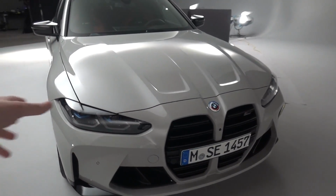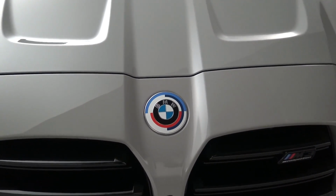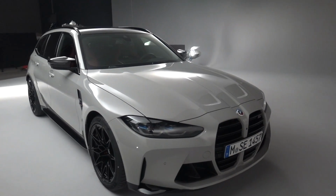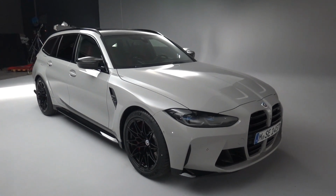A lot of the other elements are carried over. You can notice the 50th anniversary badging, the heritage badging, only available in this 50th year to celebrate BMW M's history. It's an option pack in addition to the other options that you have available for the car. Of course, a few things under the surface have to be reconfigured for the slightly different shape, but this still